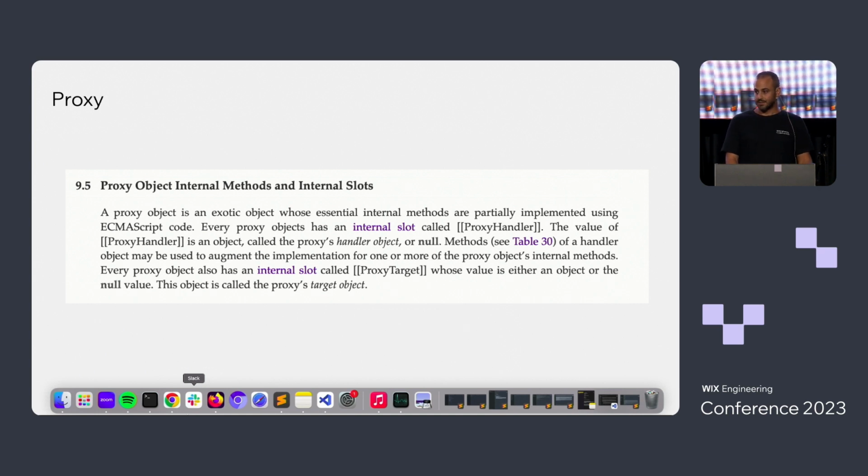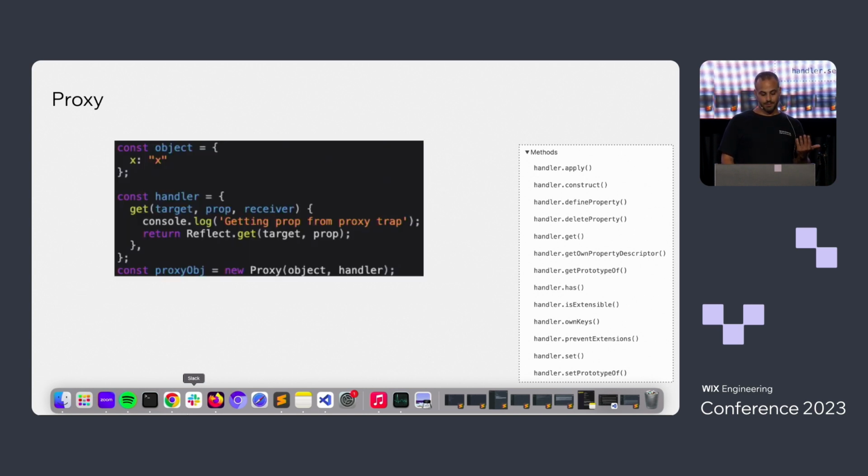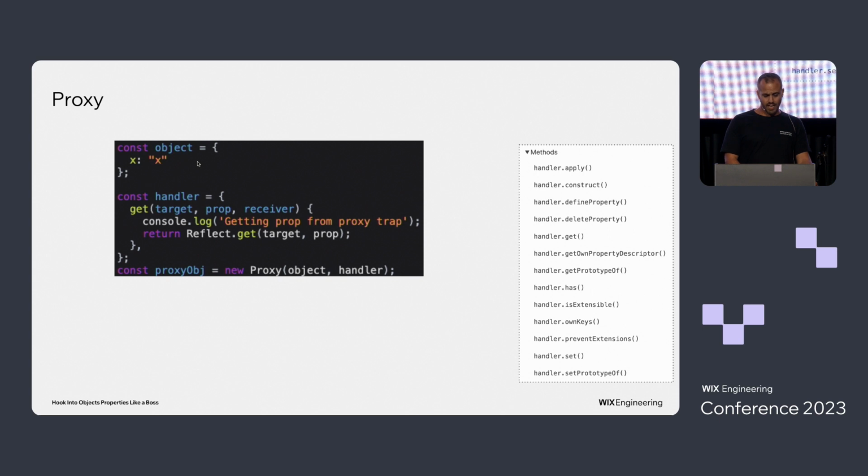And we have Proxy. Proxy and Reflect have quite the same API, basically the same interface, but they're both very different. Reflect allows doing operations on objects, and Proxy is actually a proxy to an object. What does it mean? It means that if I have an object and I'm creating a proxy from this object,